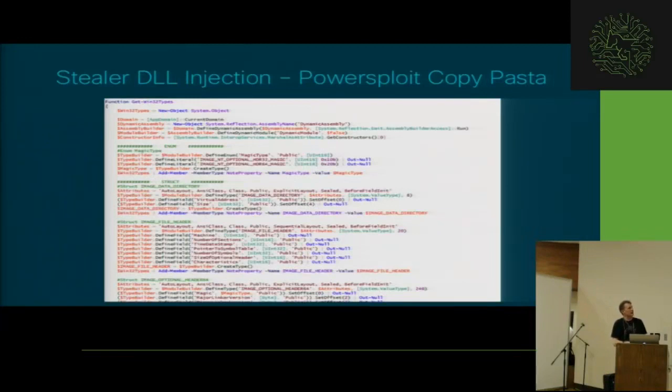So here we have code that was copied and pasted from the PowerSploit project. It's a function called Invoke-ReflectivePEInjection if you want to look at the function itself. But essentially, if you don't know how reflective portable executable injection or DLL injection works, you're loading the DLL into memory yourself. So you have a custom loader, you're not depending on the operating system to do it for you. And this is commonly used as an evasion technique, because if you're calling an operating system API to load a DLL for you, that's commonly hooked by a large amount of antivirus engines.